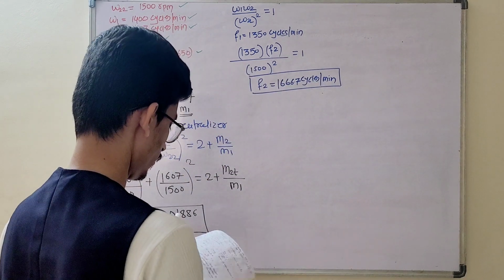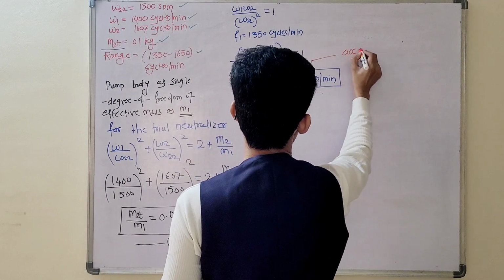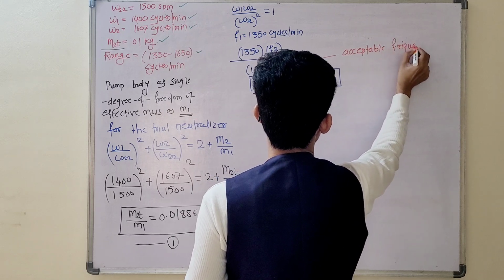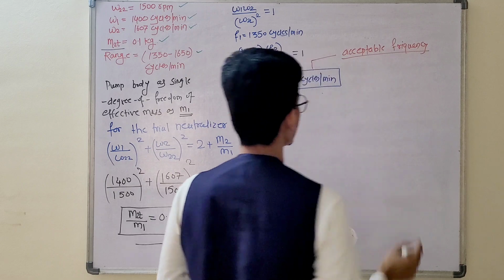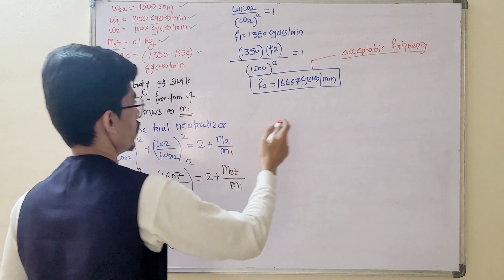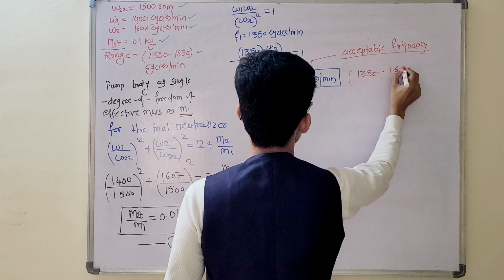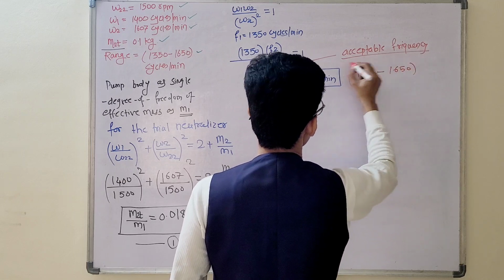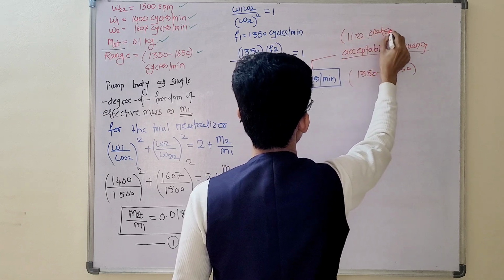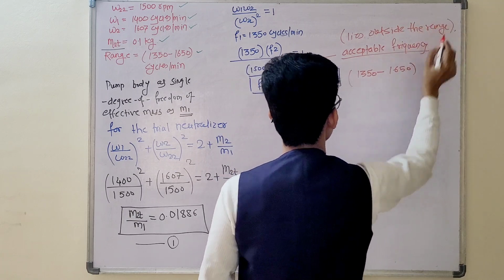So we can mention here that this is an acceptable frequency, because it does not lie inside the range, it lies outside the range. What is the range? 1350 to 1650. So this is acceptable because it lies outside the range. So this is our range,